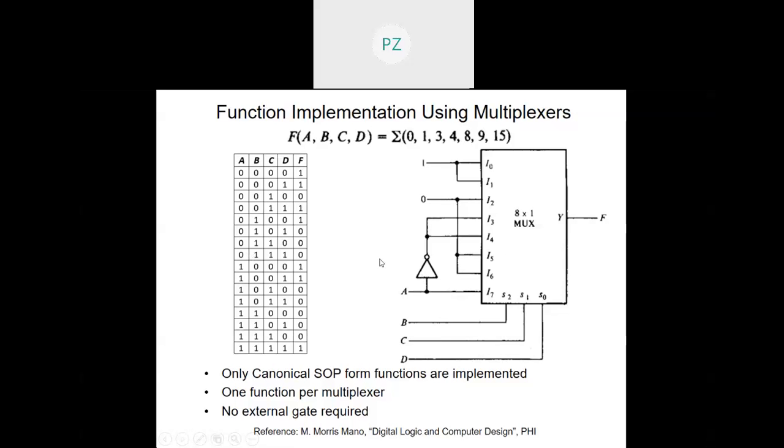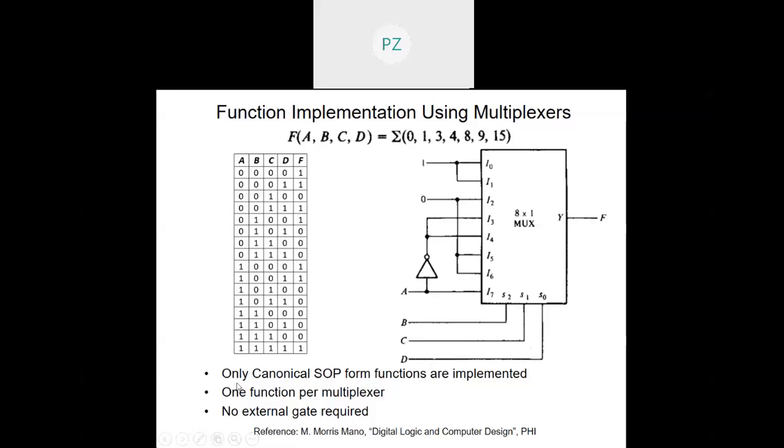The next, try to connect in a random fashion. Connect A here, connect C here, connect D here, and try giving variations of B at the input. Okay, you have to be very careful. You'll have to look for all such combinations. You see here also I can change the sequence. I can connect A here, C here, D here, right? And try giving the variations of B or 1 0 over here. So try doing this exercise for your practice sake.